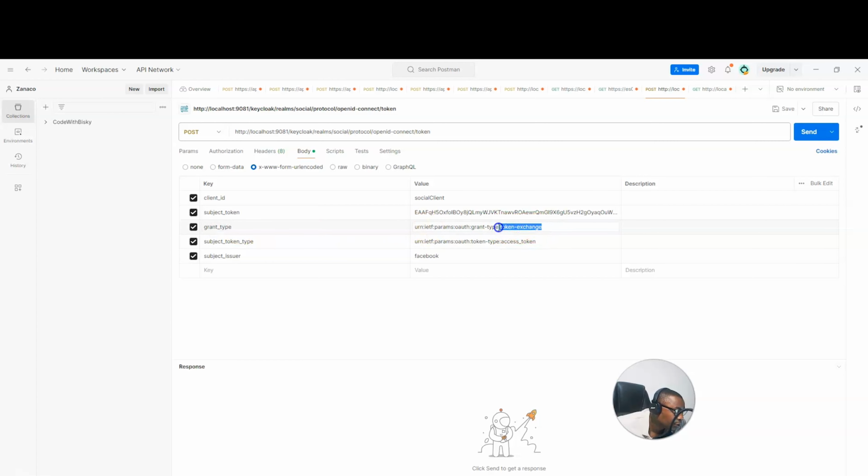As you can see, we specify on our Keycloak that we are using token exchange. So you need to add these parameters to show that we are going to get the token through token exchange by passing this subject token. And the token type that we are using is access token. So we are using the access token from Facebook, and the issuer is going to be Facebook. If you are using Google, GitHub, you need to specify your subject as